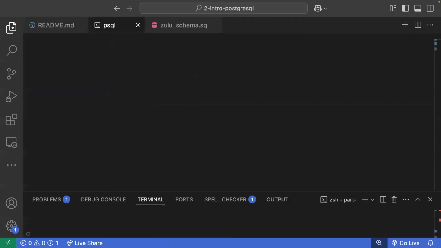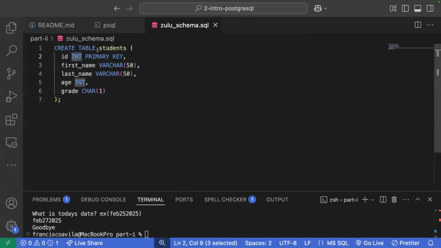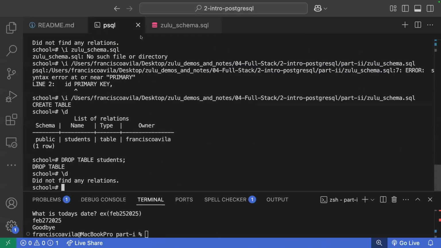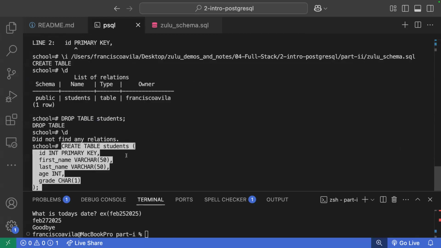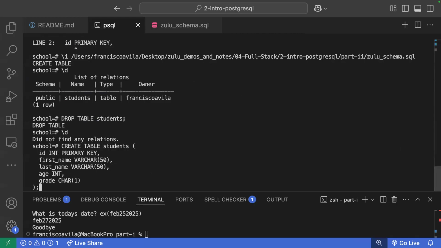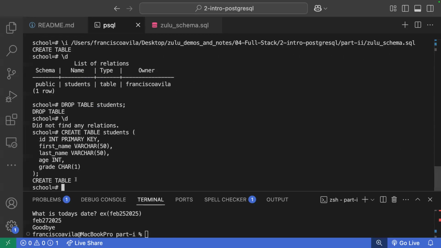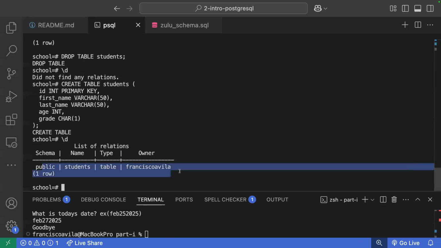Now, something that I want to clarify, there is nothing special about this schema. This schema can also be executed within your terminal. You don't necessarily have to write any of your SQL within a schema. You could do it all within the terminal. I can copy this exact command, paste it here inside of the terminal, and when I press enter, you'll see that everything was executed. I get a create table, and if I run \d, I get back my students table